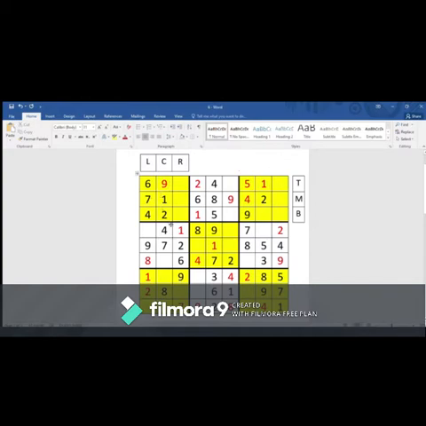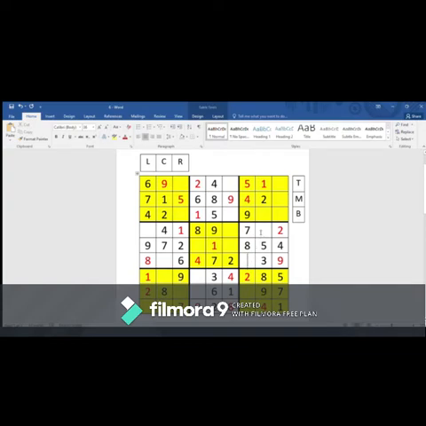Number 2, well, 2 is already filled, don't worry about it, leave it. Number 3, there is no number 3, so just leave it. And number 4 already filled, leave it. Number 5, there are 2 number 5s, one over here, so the only place where it can sit is over here. Number 6, one 6 is over here, another 6 is over here, so the only place for 6 can sit is over here or here. But if you notice carefully, guys, 6 can only sit over there or here.